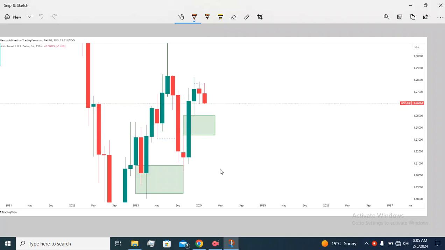Hello, this is the GBP USD weekly forecast for this week. What I'm looking for